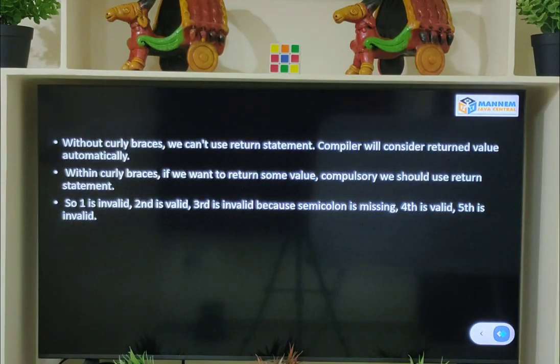Next, let's do some more examples in order to understand lambda expressions briefly.